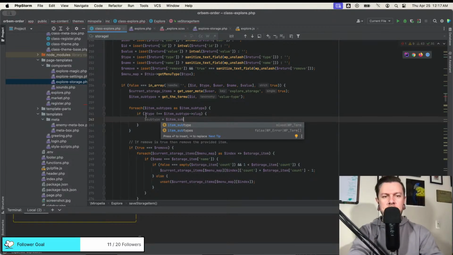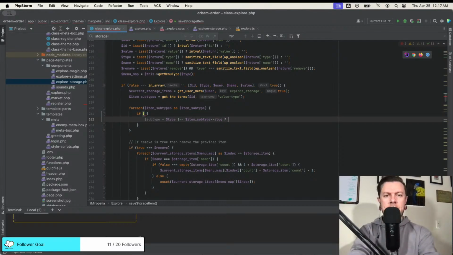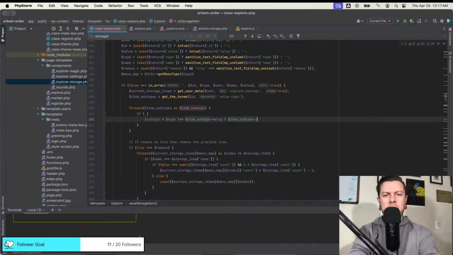Oh, let's just do it like this. Then item subtype slug. Otherwise nothing.